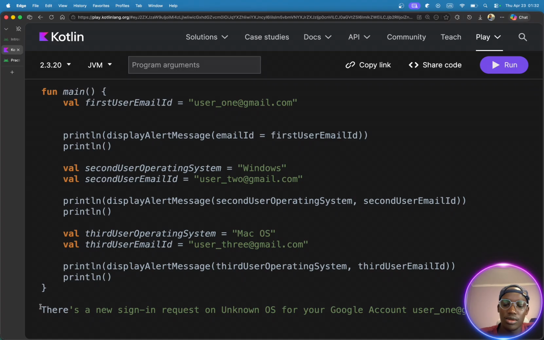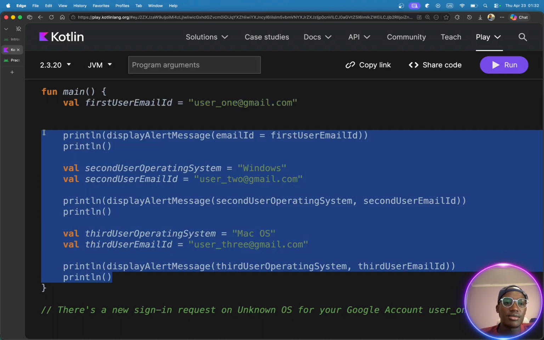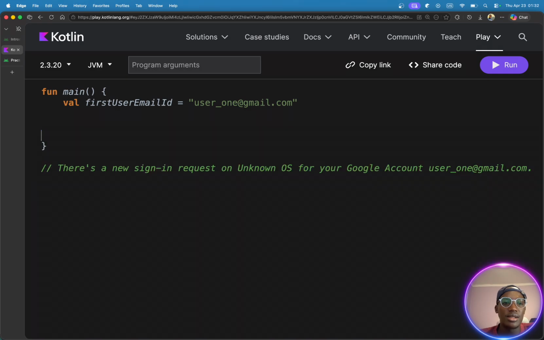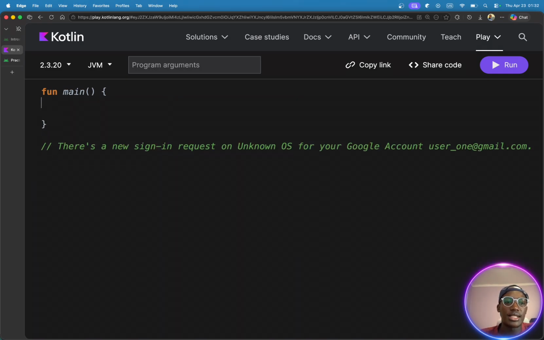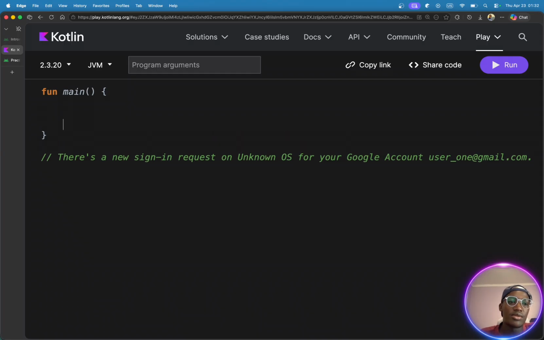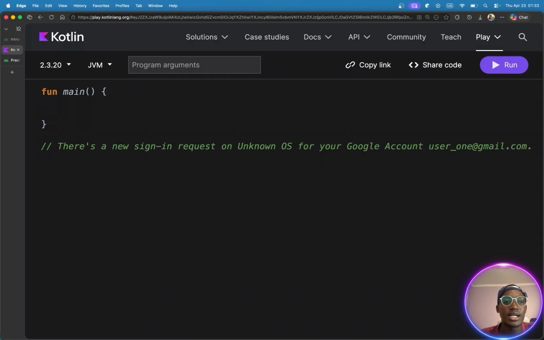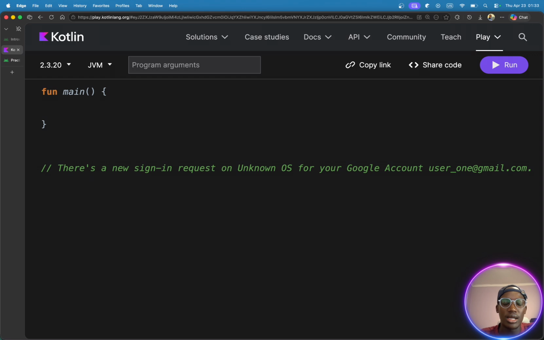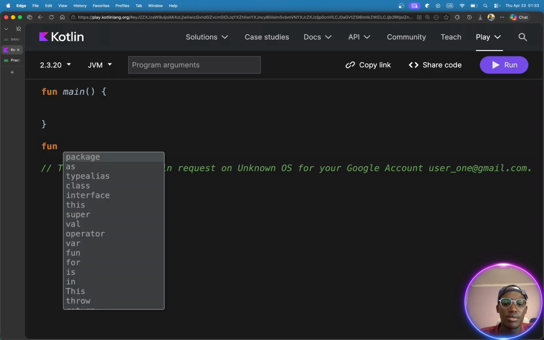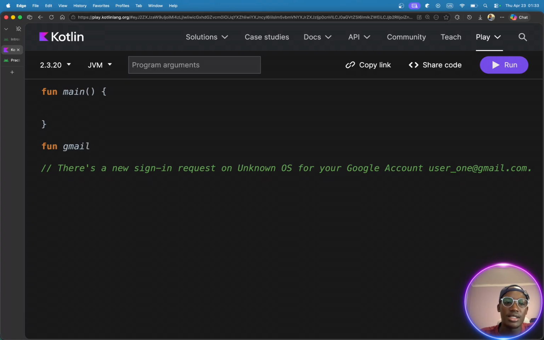Let's just comment it out to avoid it bringing errors. So we're going to delete everything here. Actually, let's just remove everything here. I'm just going to rewrite it. So first thing is to create our custom function. So I'm going to say function, let's call it Gmail